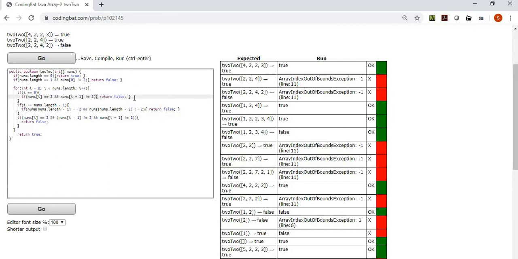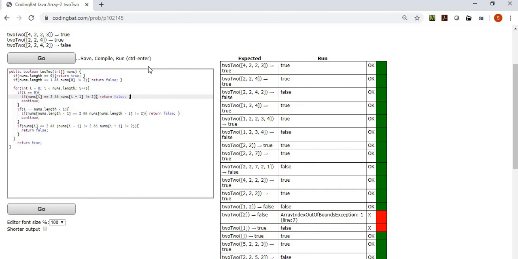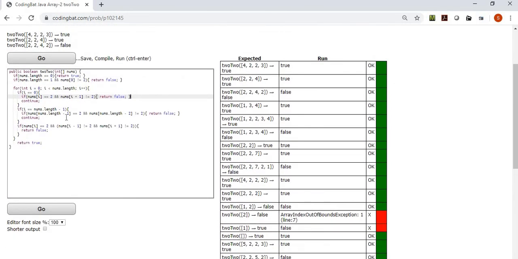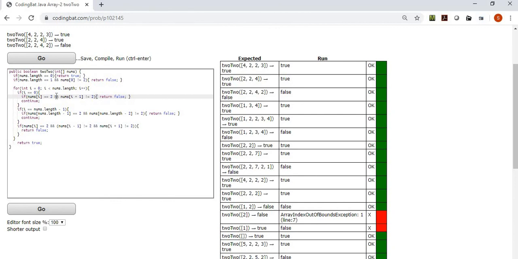So we're going to use one of our keywords that I think we introduced a few exercises ago, and we're going to put a continue here, and we're going to put continue here. Forgetting to do that, I think, caused the problem. So there we go. Well, that fixed most of that stuff. Now we have 1, see 2 equals false. I thought we had the 1. See if length equals 1